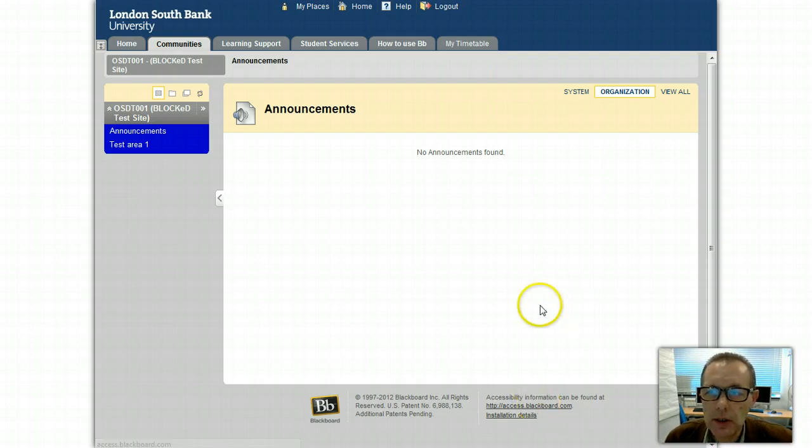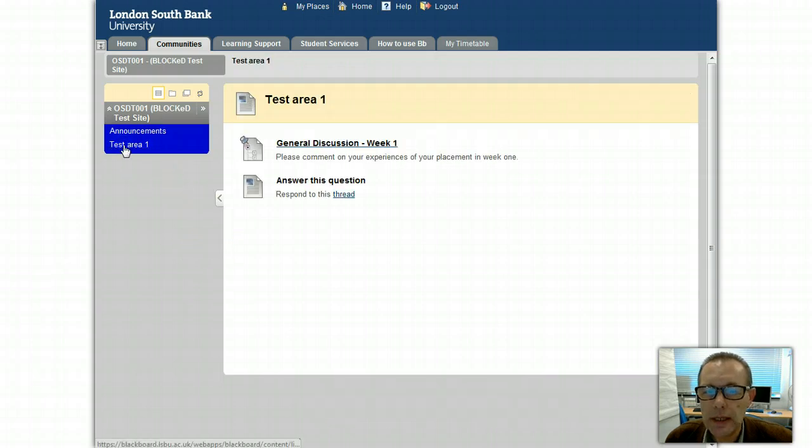So this is the site that we were using before, and if I go into this content area we can see these are the two links to the discussion board that we set up before. On a real site you wouldn't need both of these links. You'd either have this sort of link, which is a general link to all of the threads in the forum, or this sort of link which goes specifically to a particular thread. I'll show you what it looks like. If I go to this one,